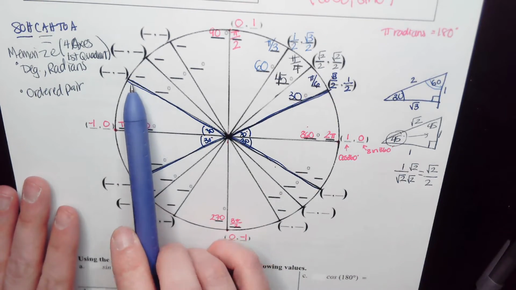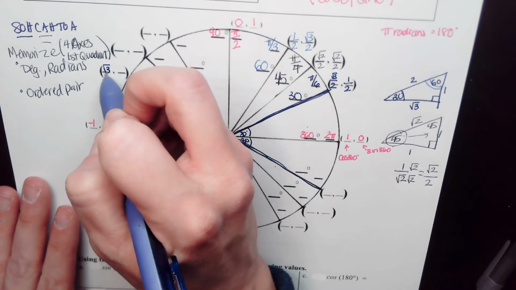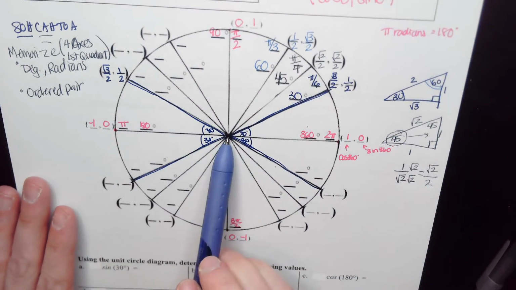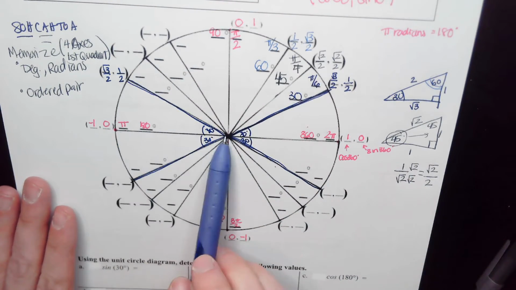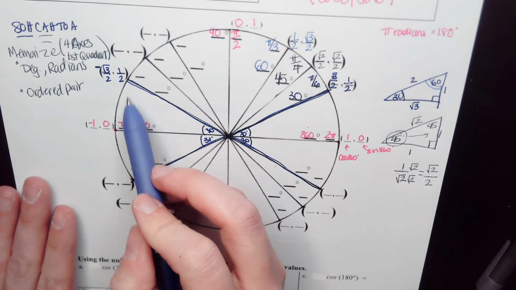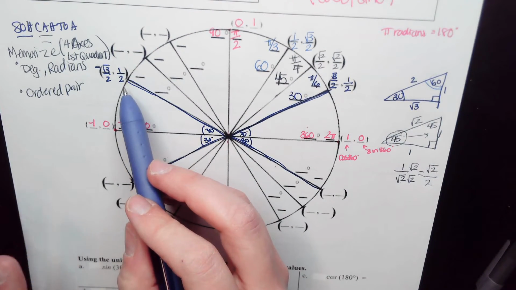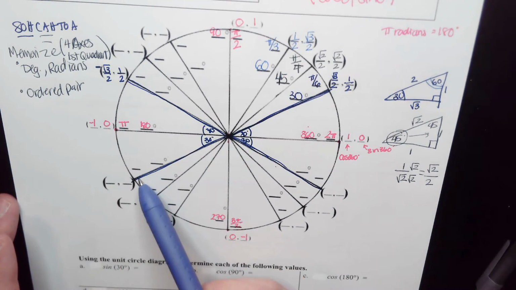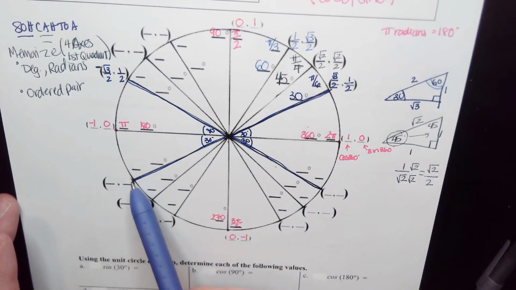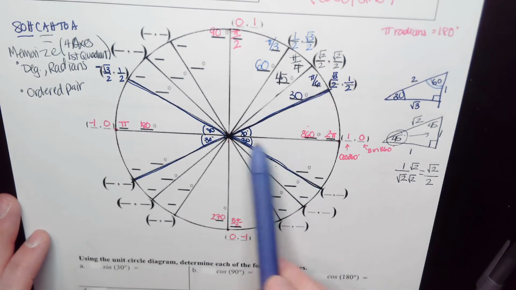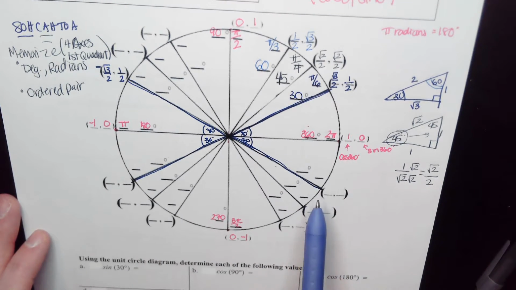So like over here, it's still going to be rad 3 over 2 and 1 over 2, except since it's in the second quadrant, I'm going to go left. So I'm on the negative x-axis, so it'd be negative rad 3 over 2, and then I'm going up, so that would be positive 1 over 2. Okay, and then down here would be negative rad 3 over 2, negative 1/2. And then here would be positive rad 3 over 2 because we're going to the right, and then negative 1/2